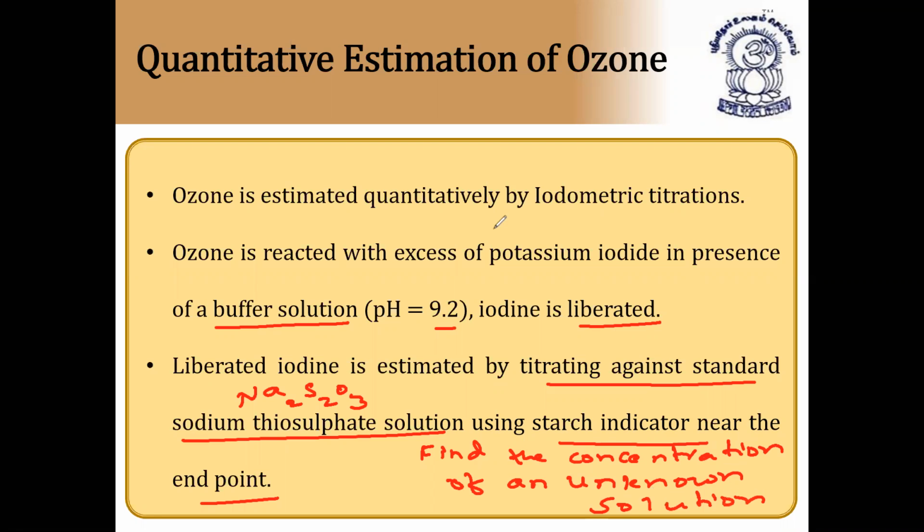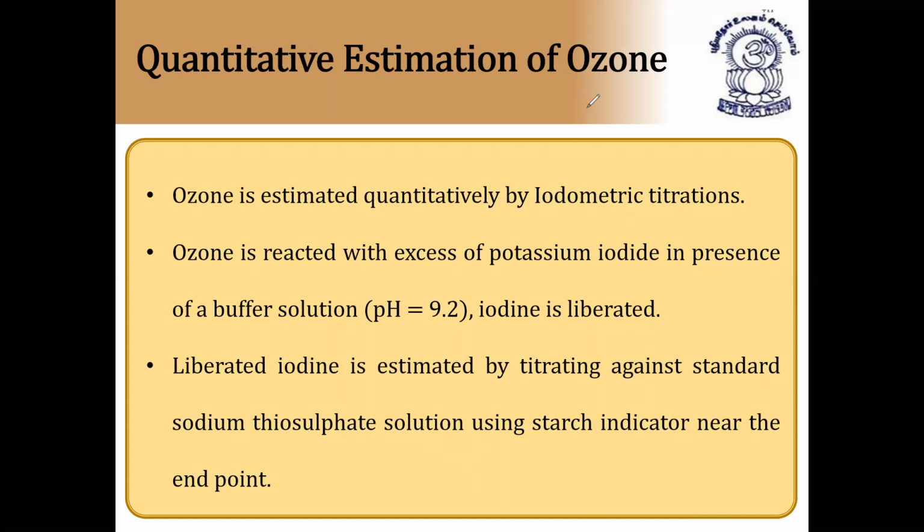This is called iodometric titration, because iodine is used. The iodine is obtained from ozone on reaction with potassium iodide. Potassium iodide combines with ozone and iodine is liberated. So I2 is liberated. This reaction we have already seen in the previous slide. I hope it is clear. Next,